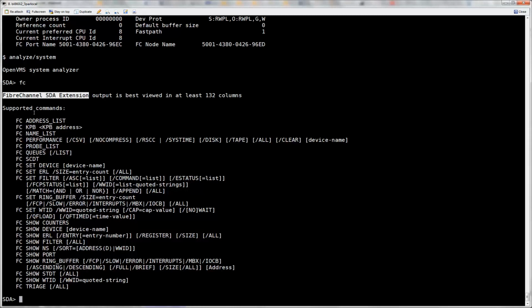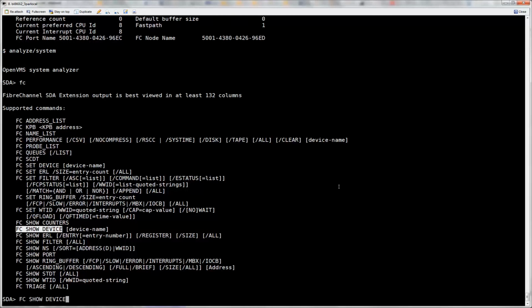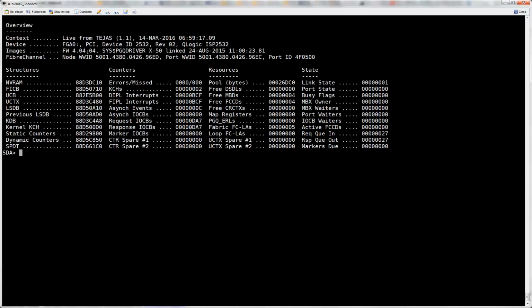related fiber channel zoning and so on is done, once all those things are done, we need to come back to the device and see if the device has come online. So in this there is a command called fc show device. If you don't give the device name, whatever is the first discovered device, which is FGA, it will take that device and show us all the statistics of that device.